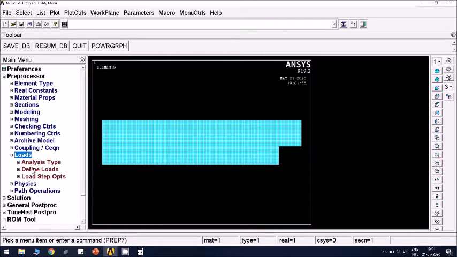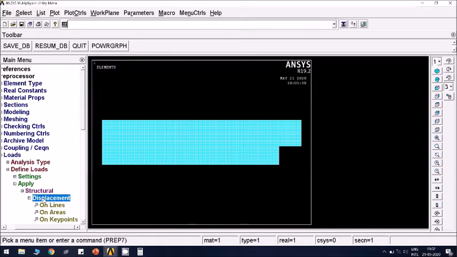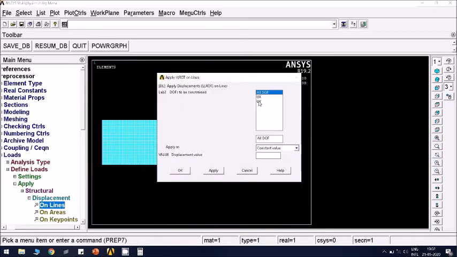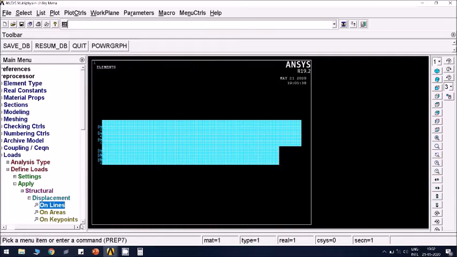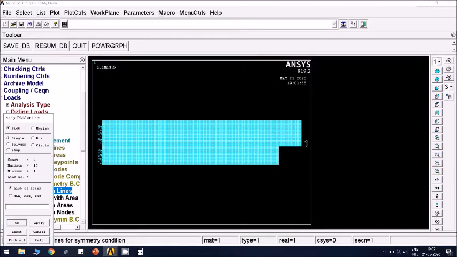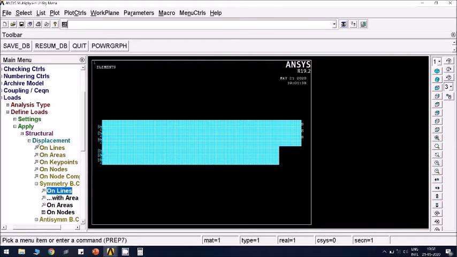Go to boundary conditions, structural, displacement on lines. Left side lines are to be constrained completely because it is fixed there. And there is a symmetric boundary condition on lines, on this line. Symmetric boundary condition is applied. And there is a pressure load on top edge.